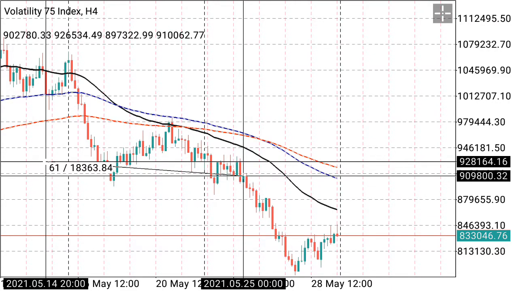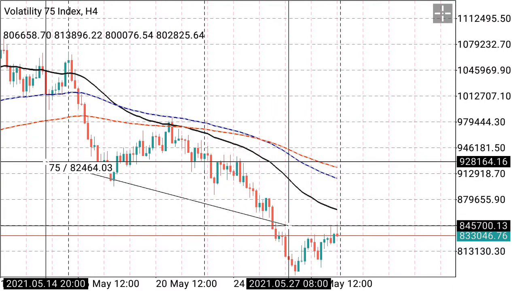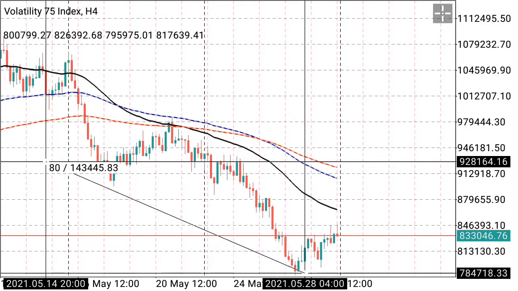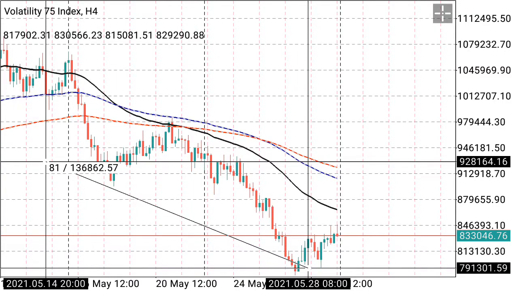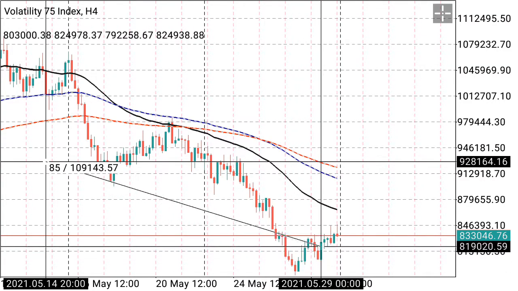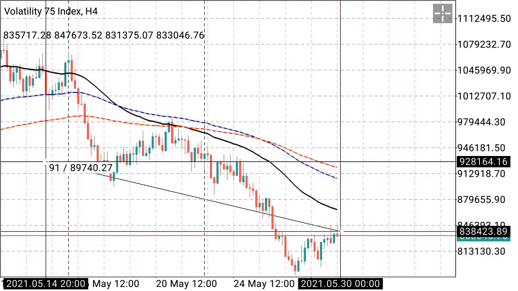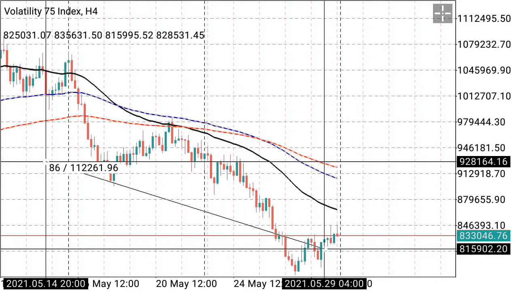Closing below average price you sell again, all the way down to 144,000 points. And right now we are about the closing of this week, so you should see that average price